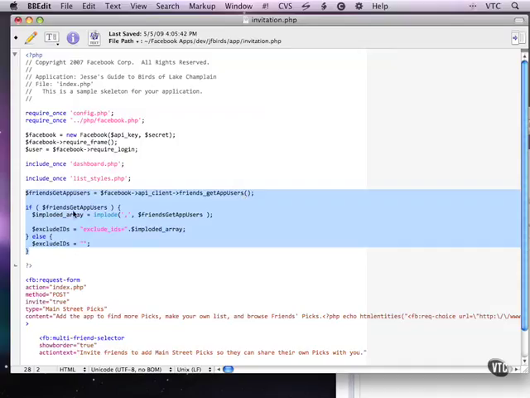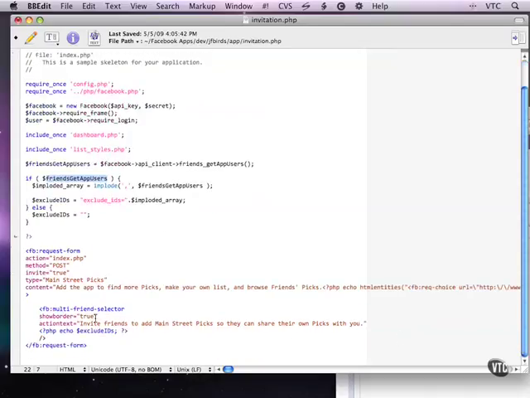If I get anything back, I will implode it into a comma delimited list. And I use the PHP implode method, split it up into an array, and then I am setting exclude IDs to the attribute that I will need in the call to multi-friend selector. So it will say exclude IDs equals, and then the imploded array. Or if I got nothing back, if this was null, then I simply won't have anything. I won't even have the attribute name. That's the setup. And then down here,